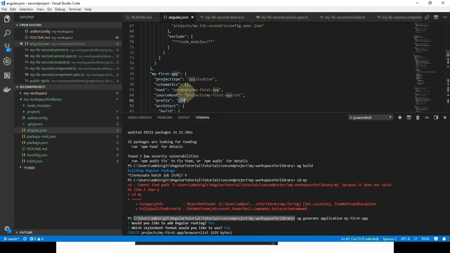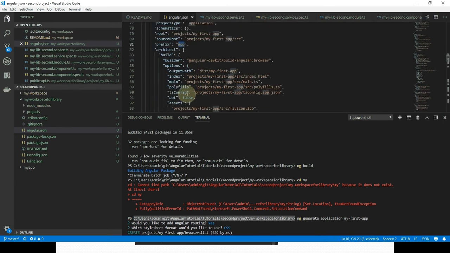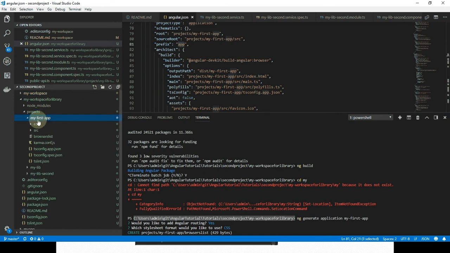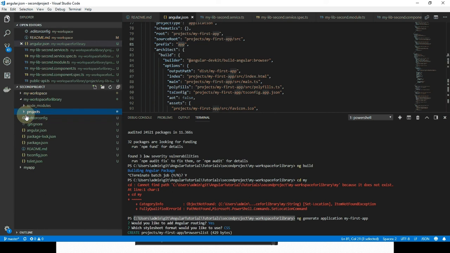So this is how you can create libraries and app projects, and this would be the project structure. Now the application is visible, and the library is visible. So this is how in one workspace you can have libraries as well as projects.